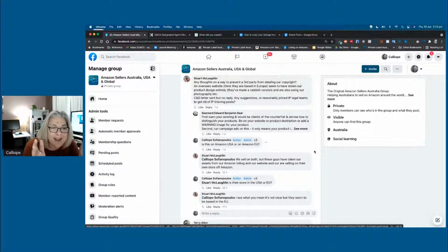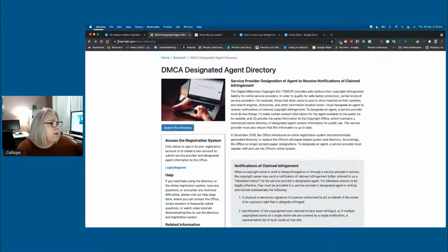There are different ways for you to deal with this, depending on which country you're in, which country the other seller or the infringer is in, and then there are different things that you can do depending on where the host is of the website that you're trying to take down. Now, if you're going to be going down that path and you want to take down somebody's photos on a website, the way to do it, and look this up on copyright.gov, is to, number one, get your copyright of